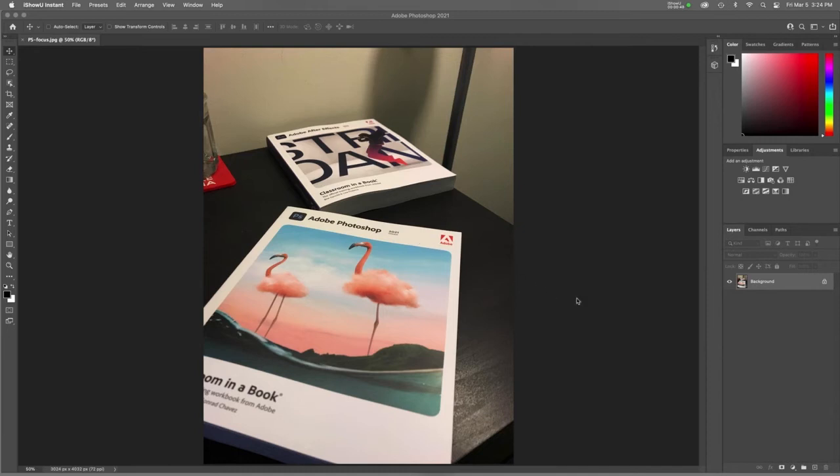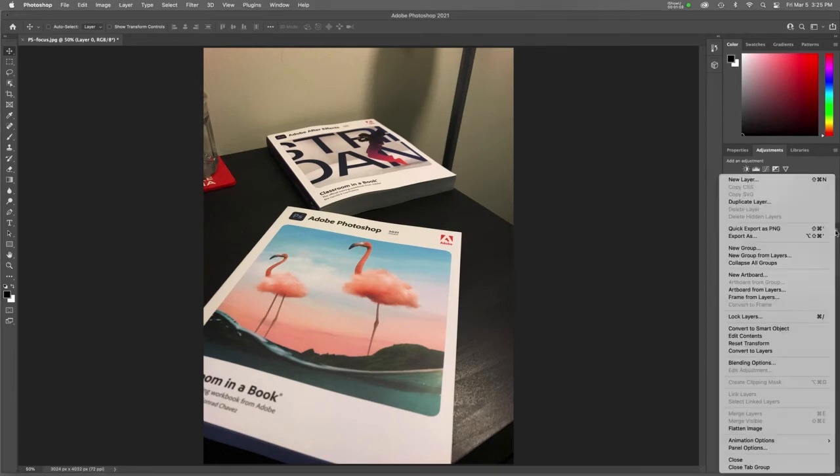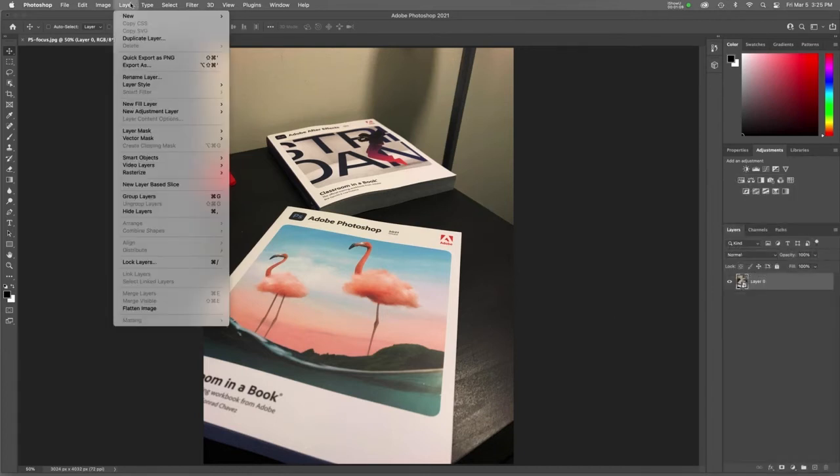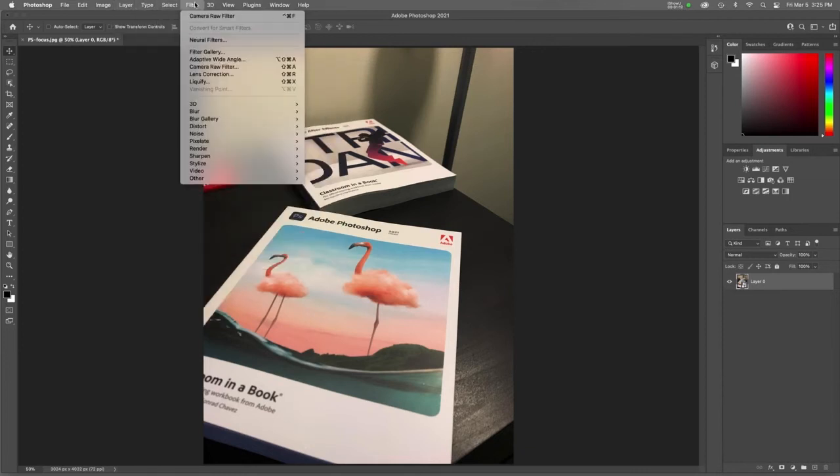So just to make sure that my image stays safe, I'm going to convert this into a smart object by right-clicking on it and saying convert to smart object. There's so many ways to convert an object to a smart object or a layer to a smart object. You can go to the hot menu, convert to smart object. You can go to the layer menu. You can also go to the filter menu and convert for smart objects, but it's currently a smart object, so